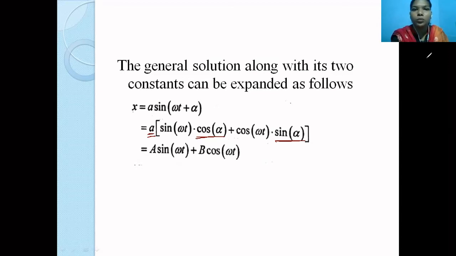Okay, so just let me clear all this so that we can move forward. Once we are clear on why we choose this x as the general solution, we can go on to check what this x is, what this A is, what this omega is, and how we can relate all these factors together. How am I going to relate this displacement with A, omega, t, and alpha? What is its physical significance? That is what I am going to check.